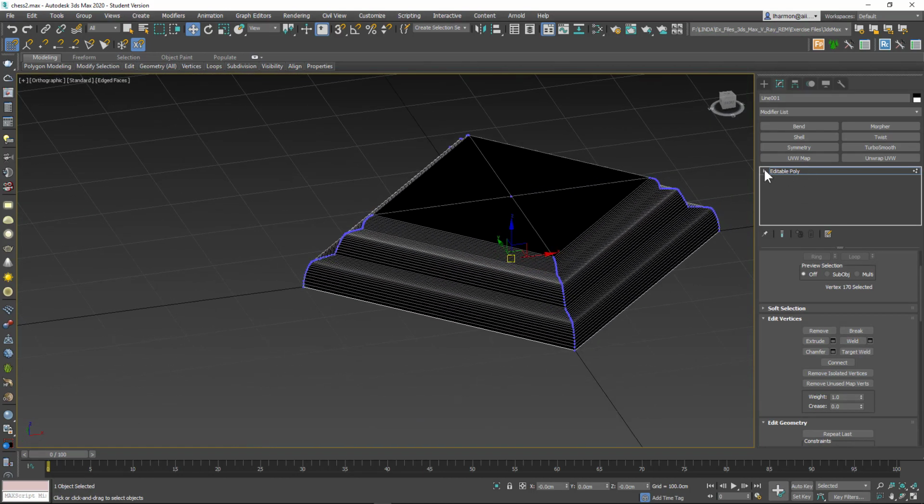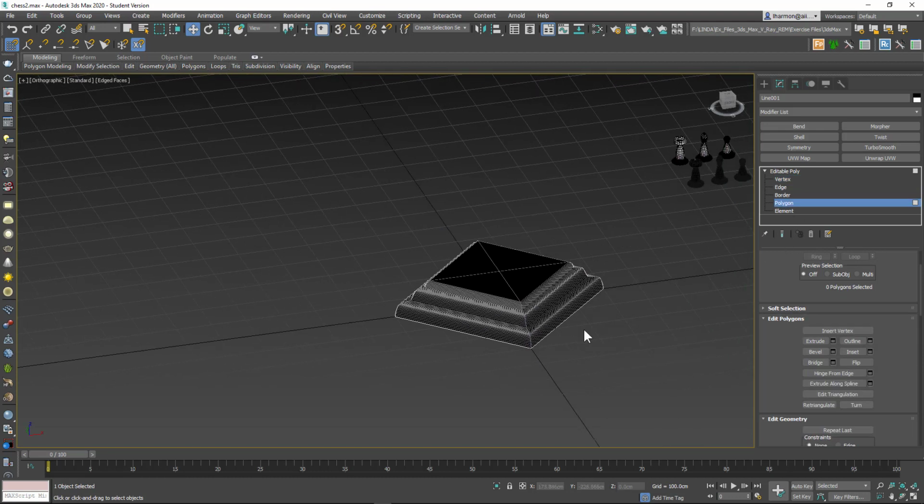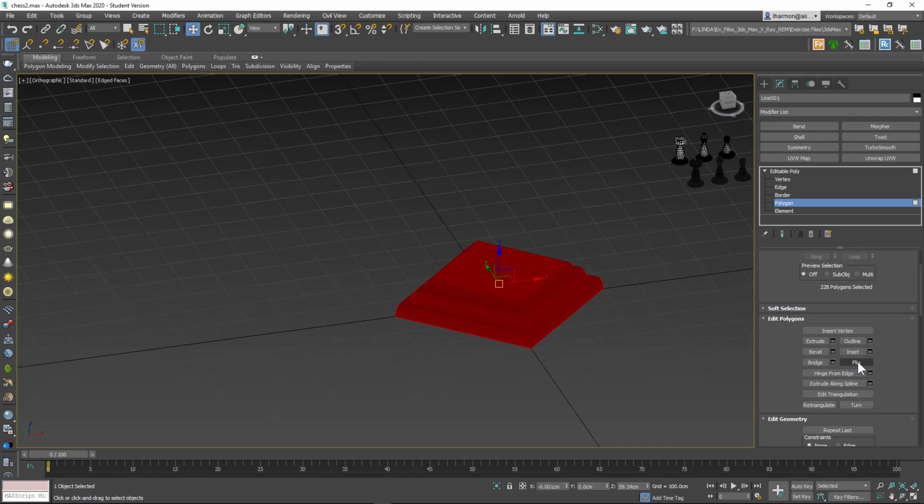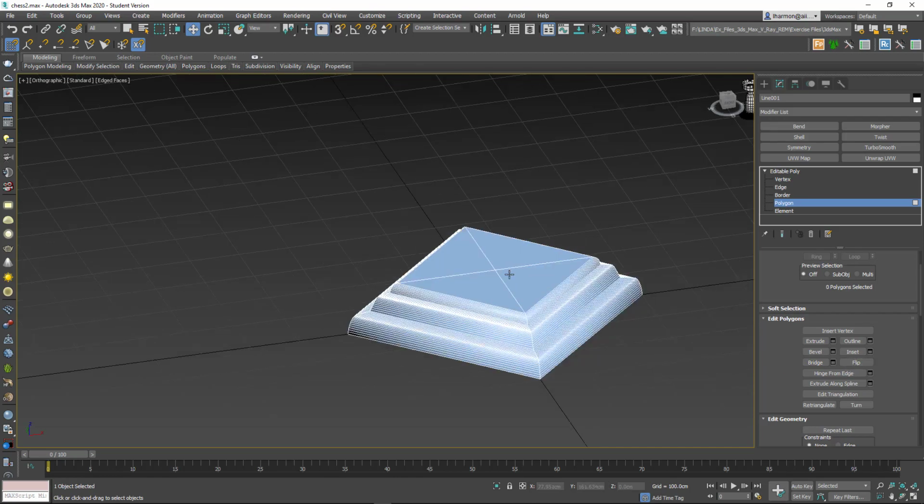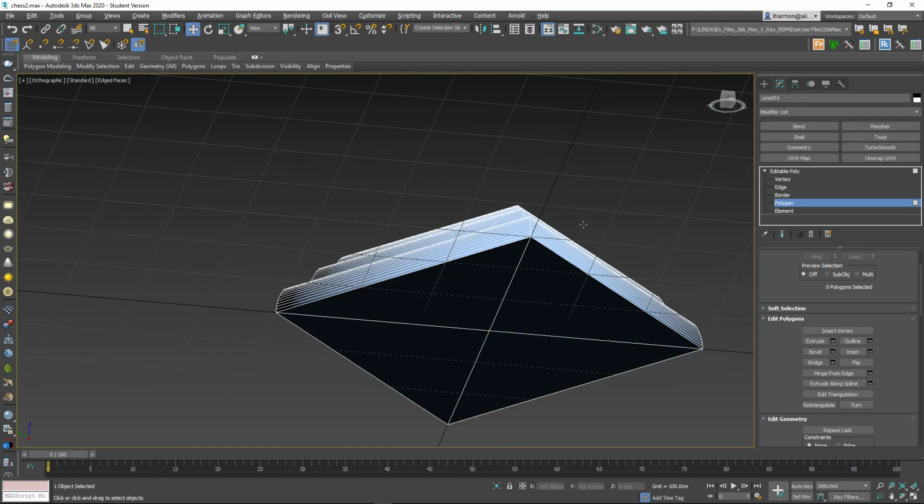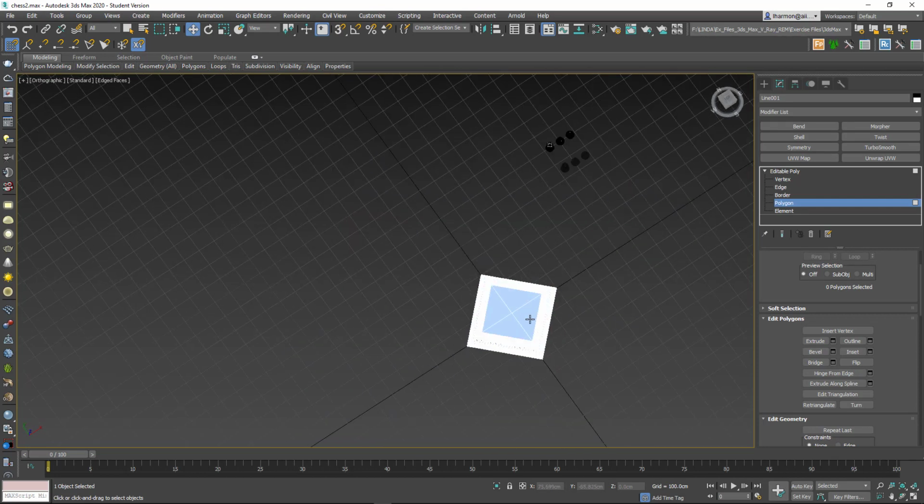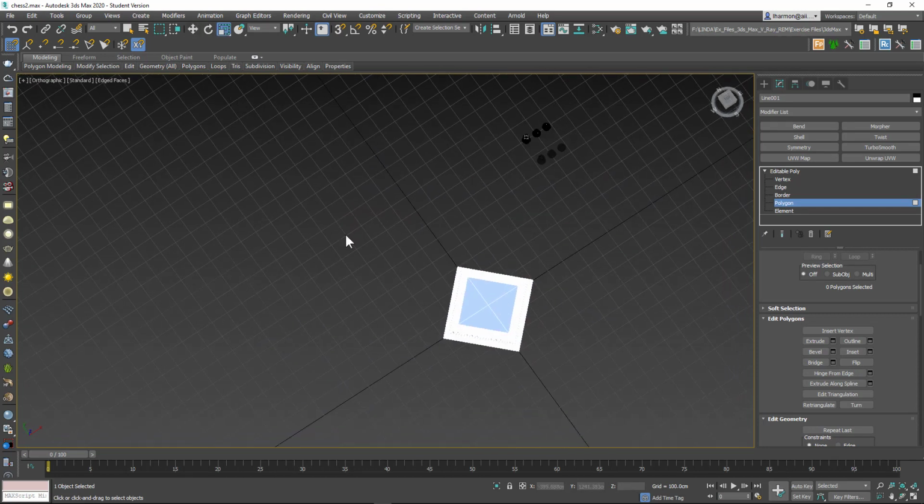Okay, so to flip our normals now after we've already done this is to get to our polygon. I can say Control A, that selects all of them. And right here we can say flip. So now we have it in the proper way. All right, I'm going to make this a little bit bigger